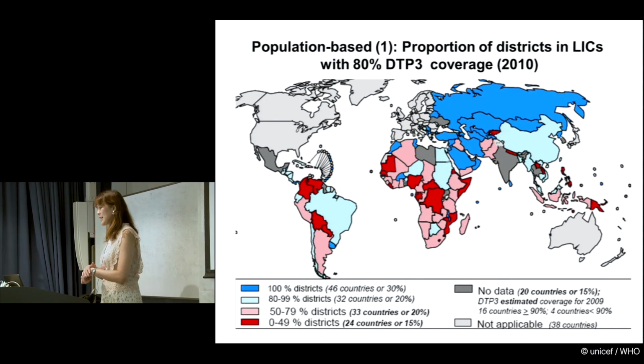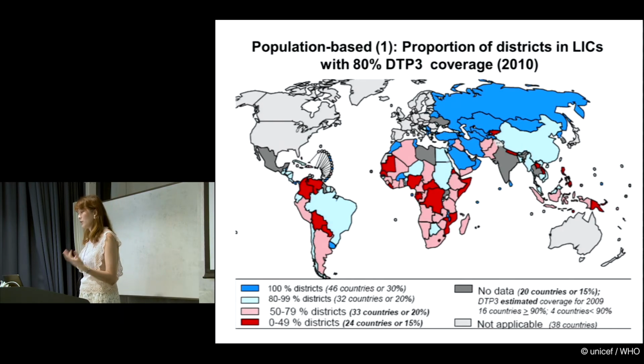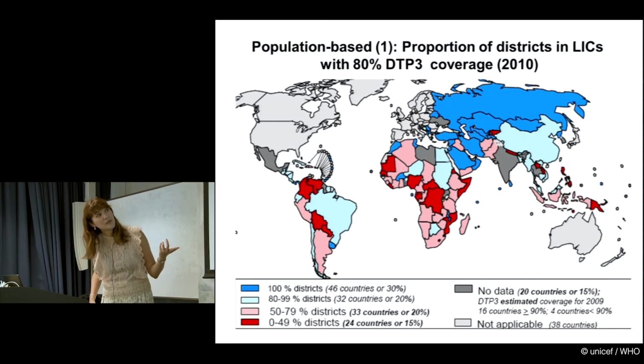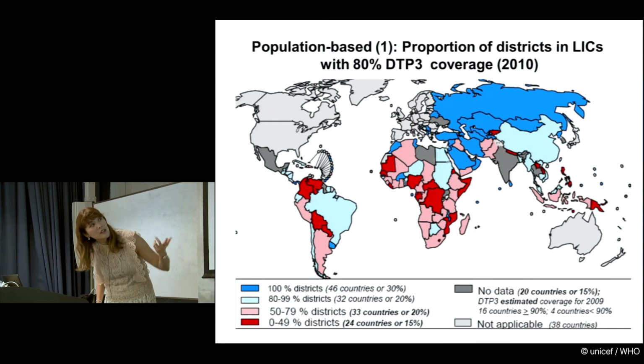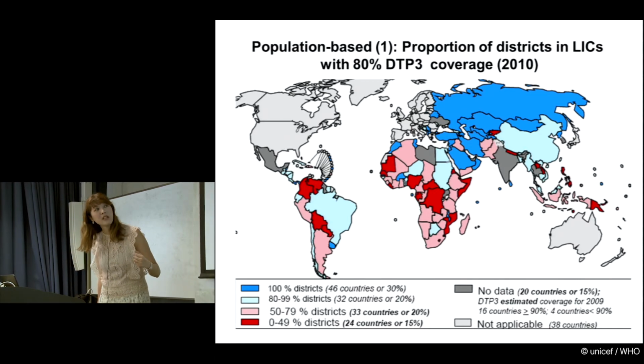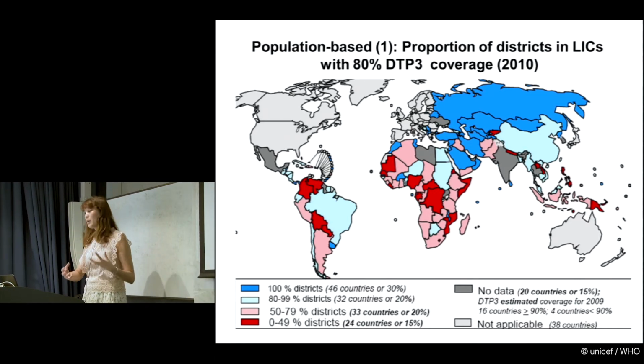This is a change for lower income countries, also very interesting. And this is a population-based look at use. So we can look at a few things here. This is use of immunization coverage. We can see that, again, there's huge variations. In some countries, there's no data, the dark gray. But again, you can see that on a population level, you have huge variation in use.